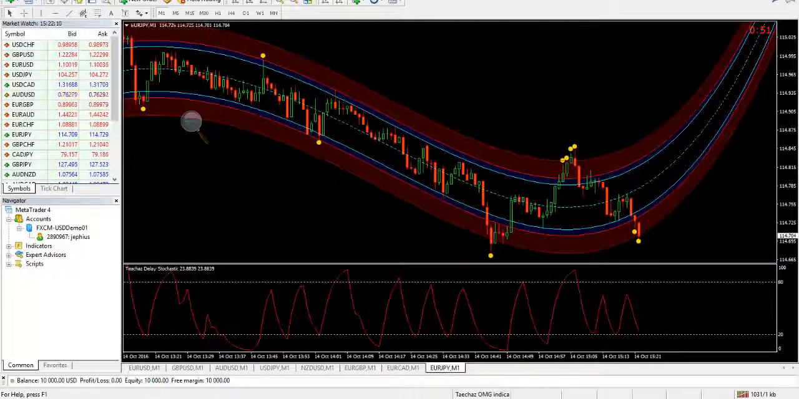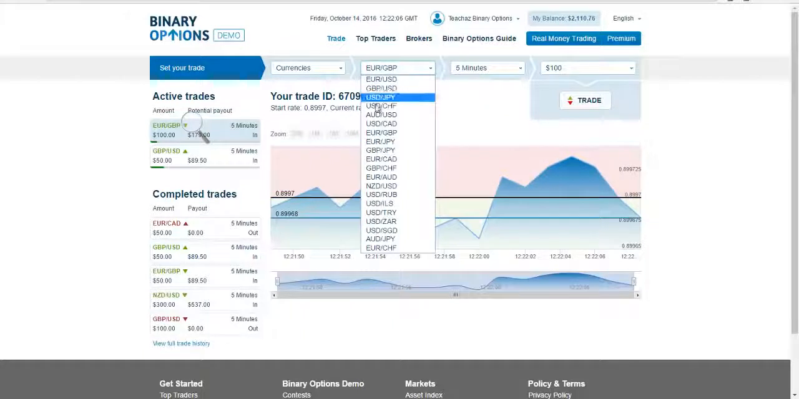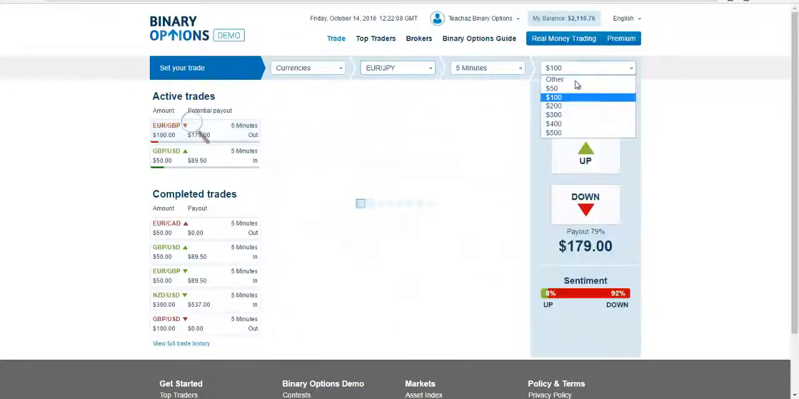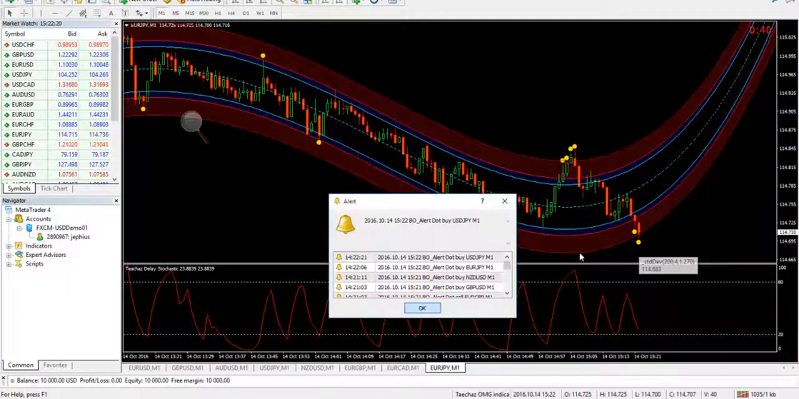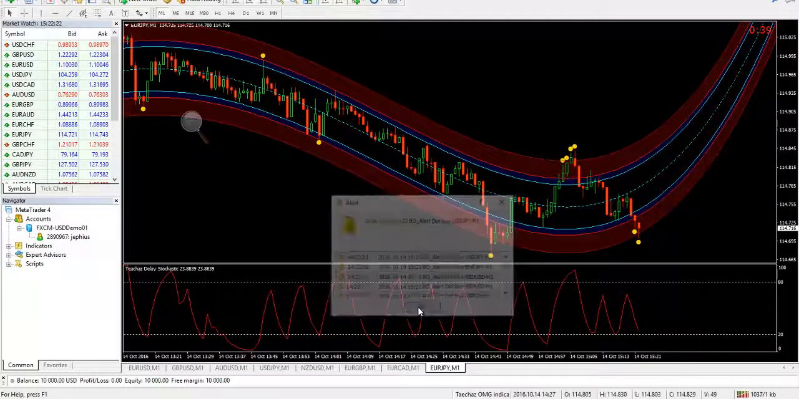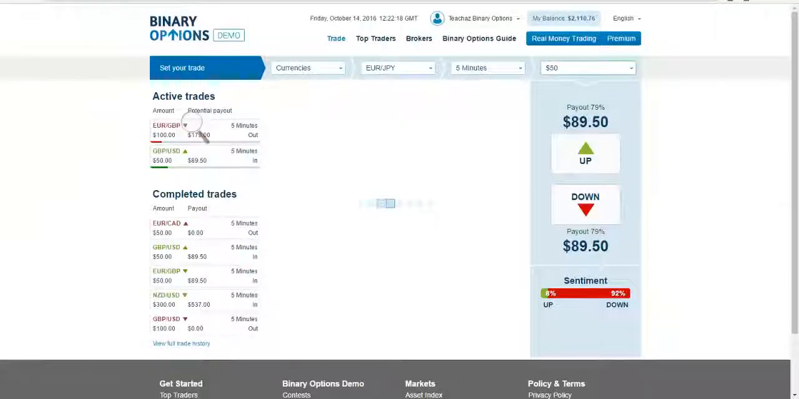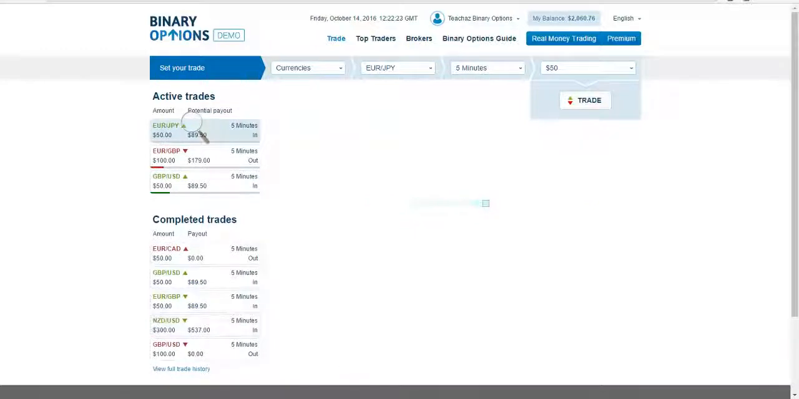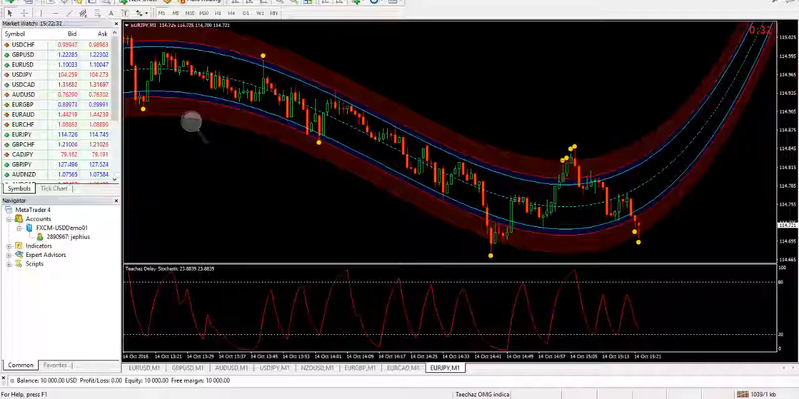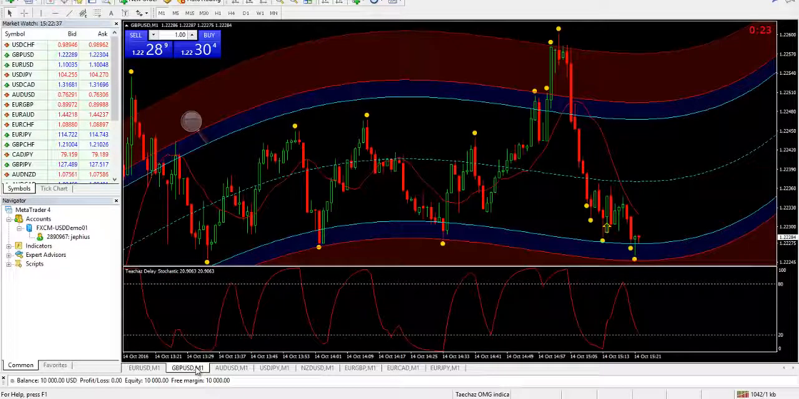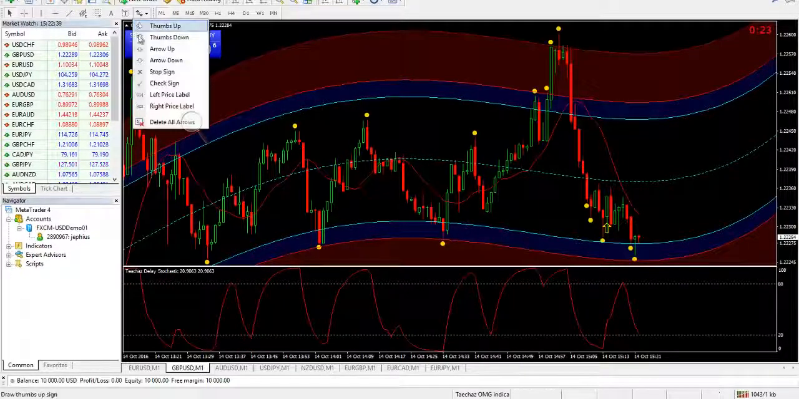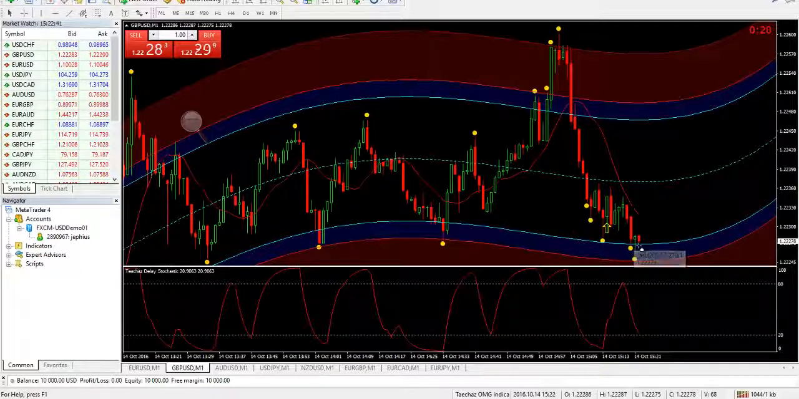Euro GPY also has a good opportunity. I reduce here. It's also a good trade that I might get here. So guys, this is how I do it and how I trade. There's nothing special about this. All you have to do is to make sure you